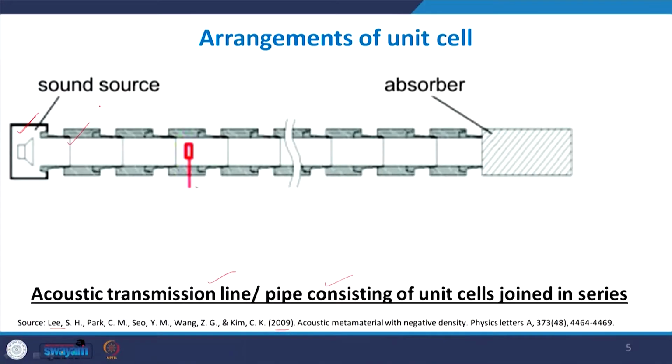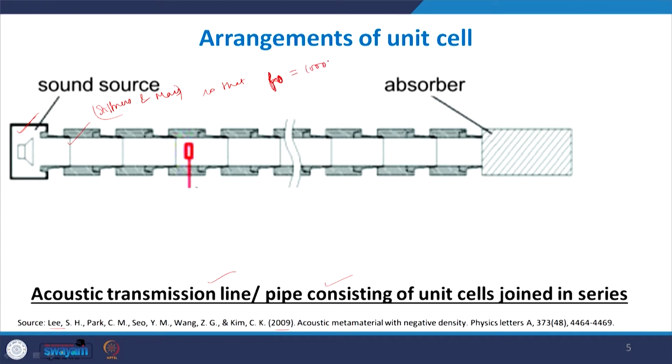know that this particular type of unit cell behaves in such a way that from 0 till its natural frequency it has negative density, and therefore from 0 till a particular frequency limit it does not allow waves to propagate through. And this natural frequency depends upon the stiffness of the membrane and the mass of the membrane. So, if we can manipulate the stiffness and mass so that the natural frequency f naught